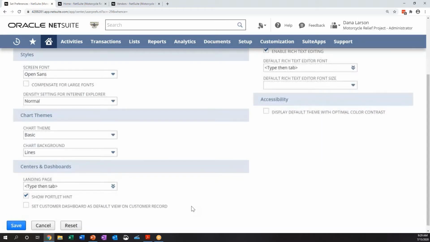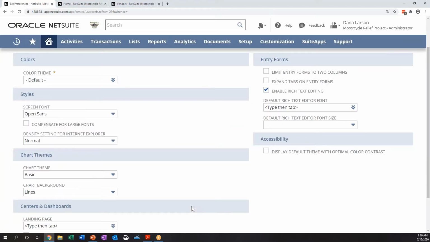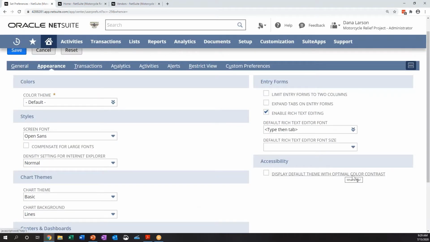Let's see, anything else on here? This would just be optimal color contrast to make it easier to read. All right, let's get through